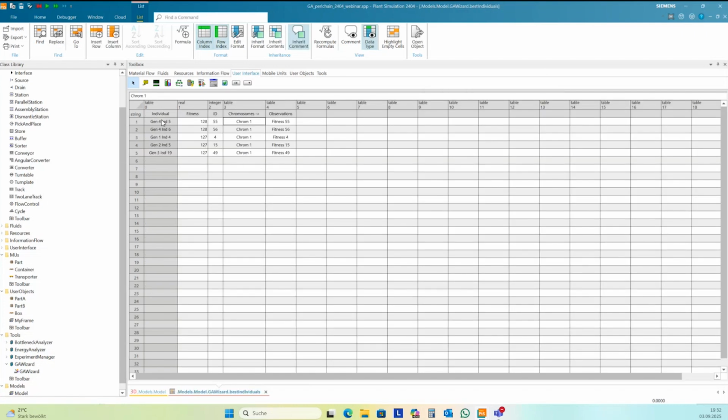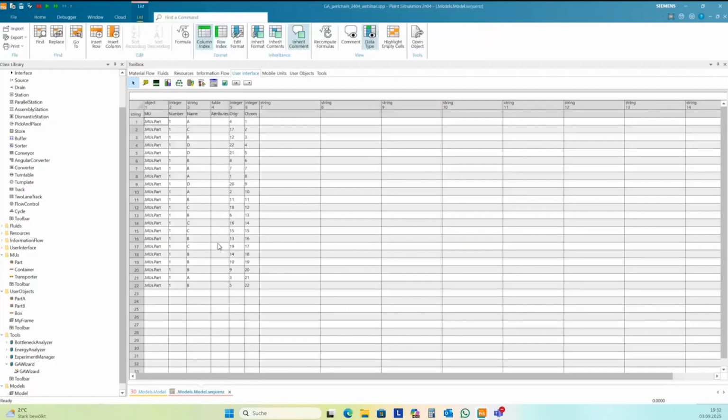At best, this first optimal chromosome is already set in your simulation. If I go here in my simulation, this is the chromosome here, and this is the row in my original table. Row 4, then 17, 12, 22, and so on.